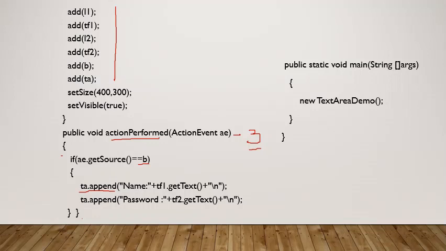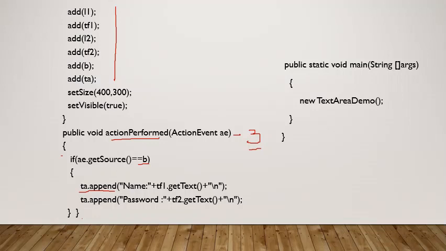Then that will be the second set of data. That won't overwrite the first set of data, but at the end of the first set, the second set will be written. Likewise third set of data, fourth set of data, and when it exceeds the size of the text area, the scroll bar will be added automatically. You need not write code to add the scroll bar.